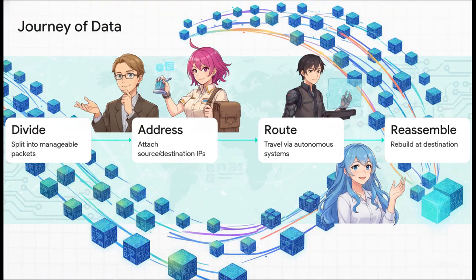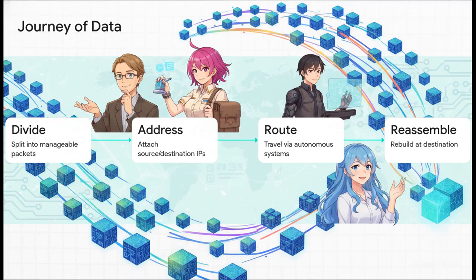Okay, let's move past the textbook definition here and look at the actual mechanics. How does this hidden infrastructure actually move your information seamlessly from point A to point B? The absolutely crucial point is understanding the journey of this data. Honestly, it's a lot like a highly efficient global postal system. First, the data you're sending is divided into chunks. Actually, scratch that. The technical term is packets. They're divided into small, manageable packets.